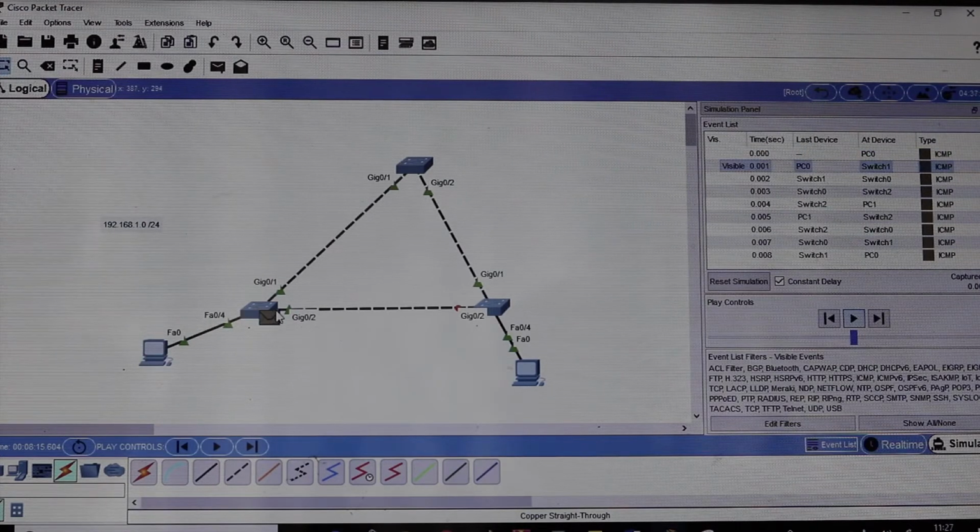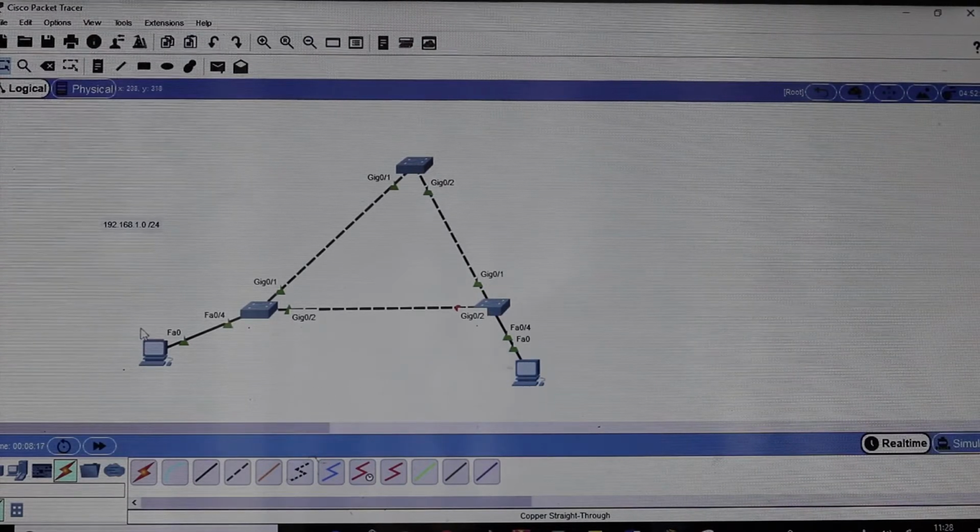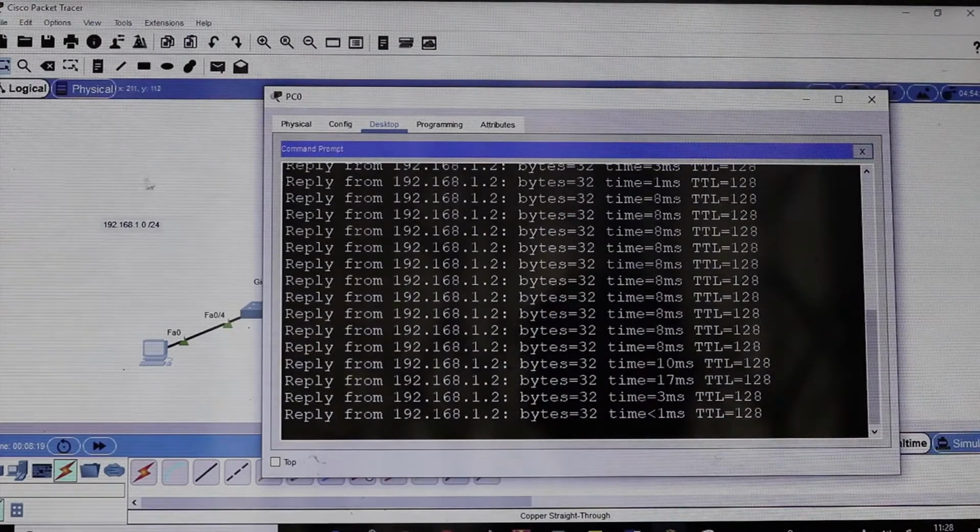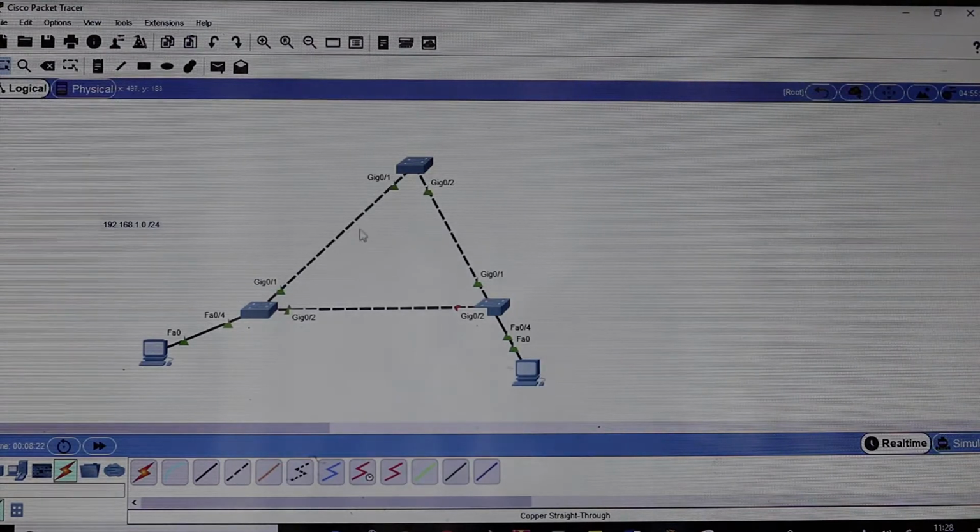Come on, that's the packet. Then it will go through here. You see, it knows that this port is blocked. That's the primary link. Now I'm coming to terminate the primary link. STP automatically will release this port. It will go through that process of listening, learning, and forwarding. So let me click back on real time. The continuous ping is still on. So I'm going to terminate this primary link here.